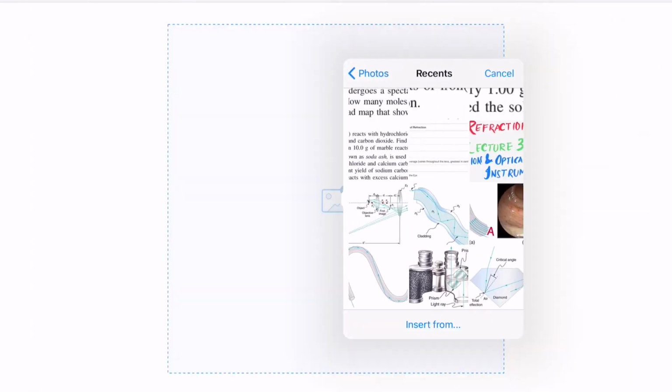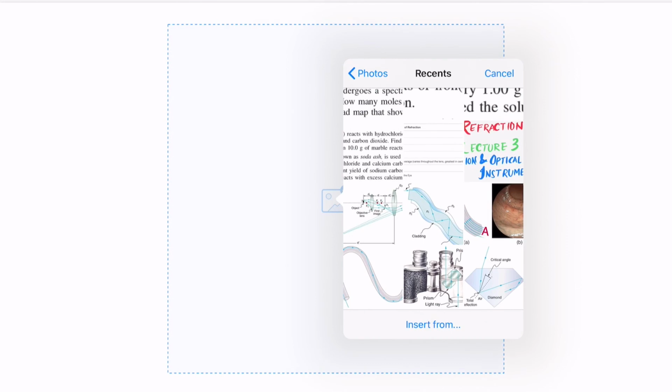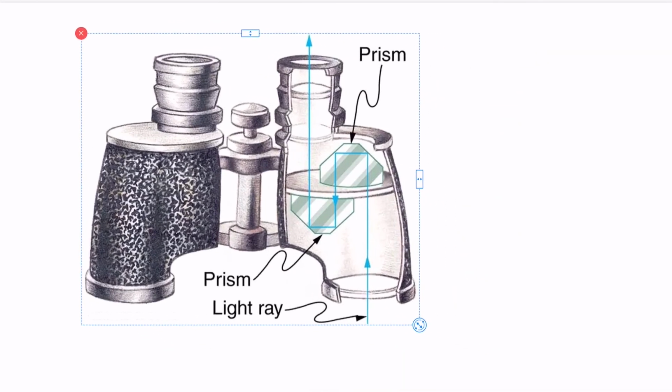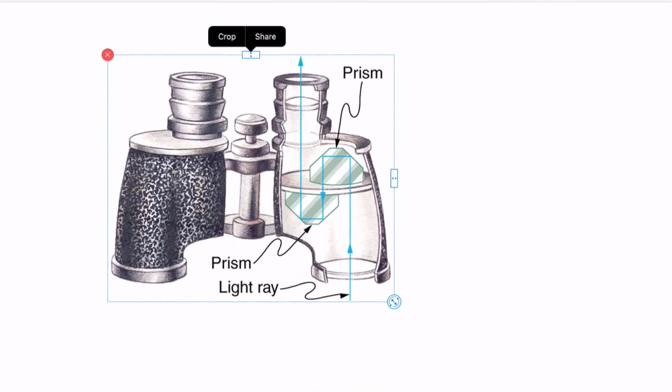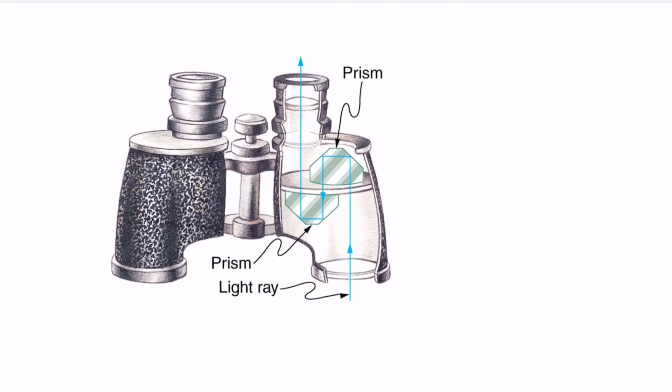Another example of this would be to take a look at a diamond and also binoculars. Binoculars actually use two prisms. The prism causes the light to undergo total internal reflection inside the object, causing it to form a final image at the end of it.